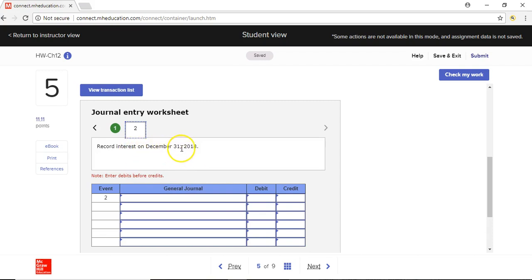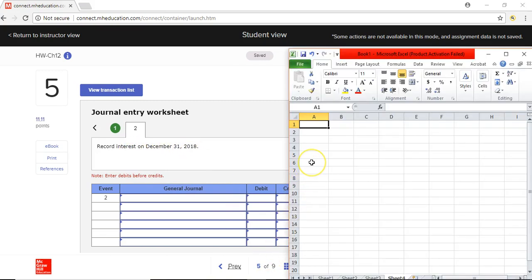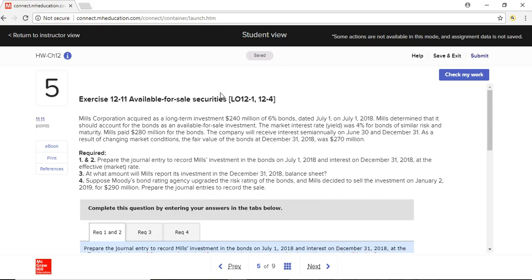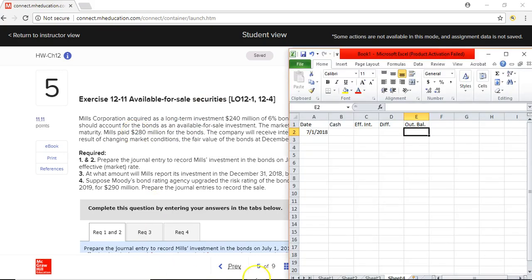Record interest on December 31st, 2018. Effective interest rate will need an amortization table. The investment starts at $280 million. That is the initial outstanding balance. And then 6 months later,